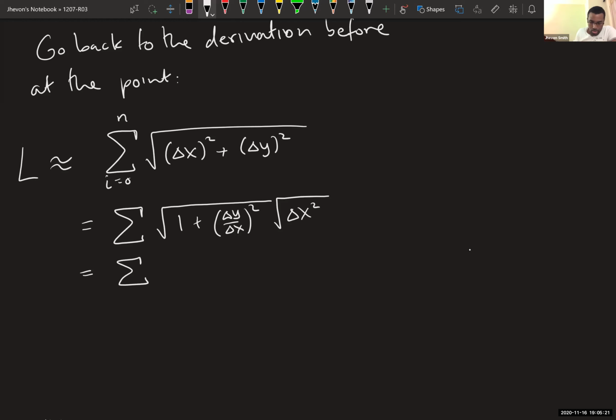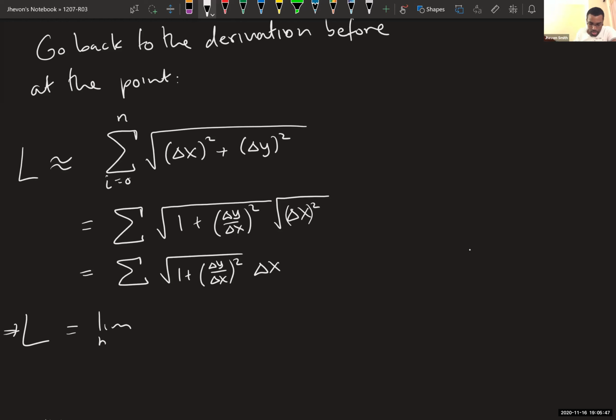That just gives you 1 plus dy over dx, delta y over delta x times delta x, because delta x is positive, so the square root of delta x squared is the absolute value of delta x. But delta x is the size of the subintervals, so that's just a positive number, so you can ignore the absolute values. And so now,